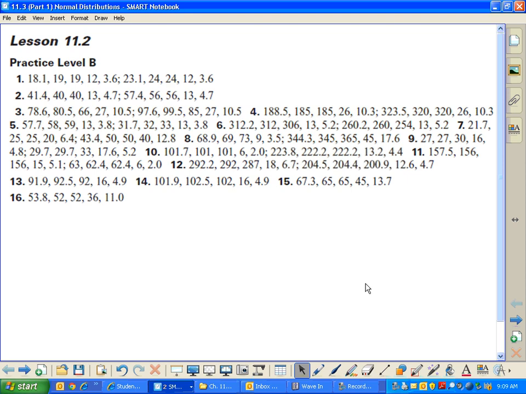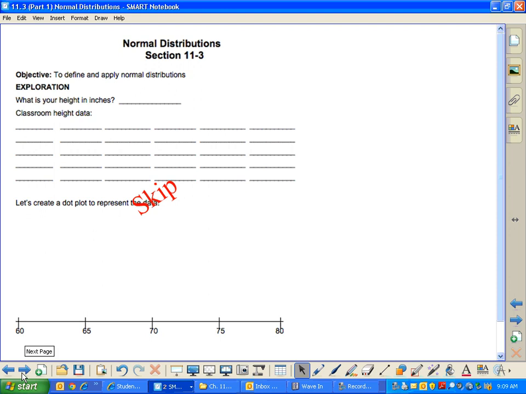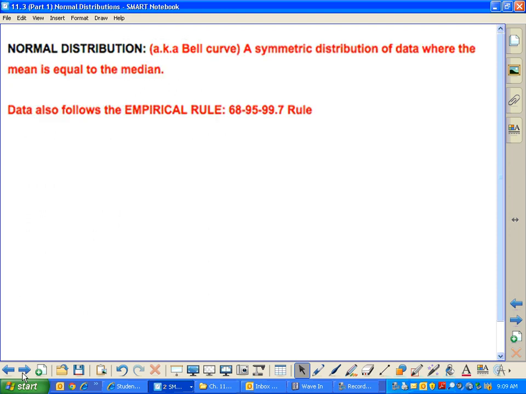Just took a little bit of time to go over the homework, and you're taking out your 11.3 notes. As far as the 11.3 notes go, I have in the past done a little activity to get it started, but I think in the end it makes this topic a little more confusing than it necessarily needs to be. So if I have time, we'll come back and do it to enrich your understanding of the content, but preliminarily we are going to skip that little activity and jump right into our key definition